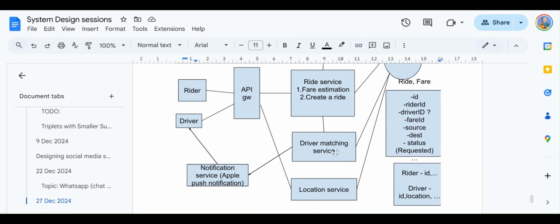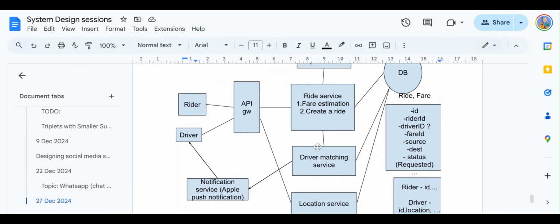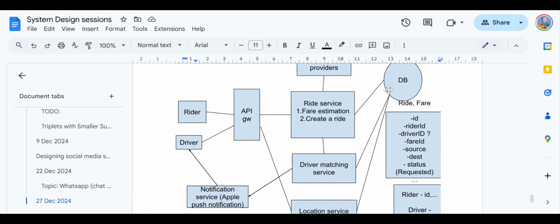So how does a driver get locked? Let's say the request is coming for driver matching. Let's say there are multiple instances of this driver matching service deployed. One of the instances is going to get the request, and it is going to first check in the DB if this driver is locked or not.